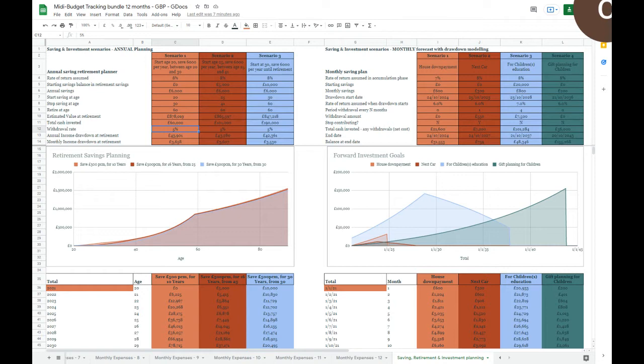Although the average might be 8%, if you have a very badly timed 10 years while you're withdrawing at 5% and the market itself is down substantially over that period, you can end up running out of money a lot earlier. Hence, a safer withdrawal rate is a lot lower than the rate of return. So I've left it in at 5%.